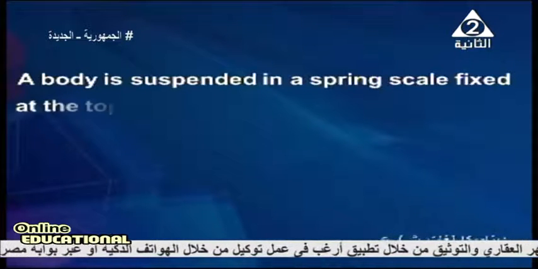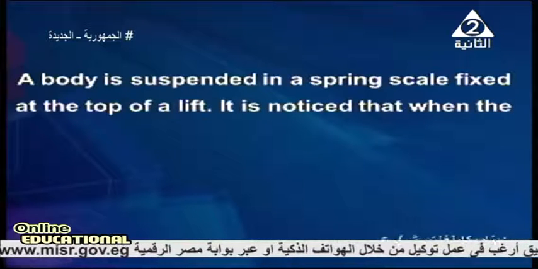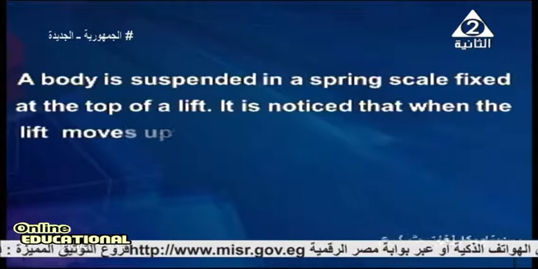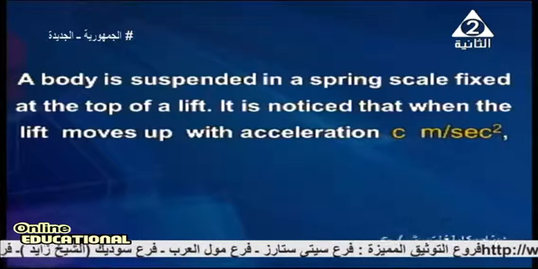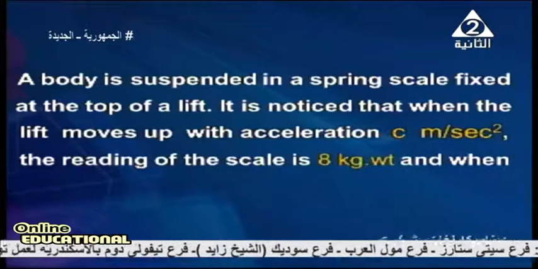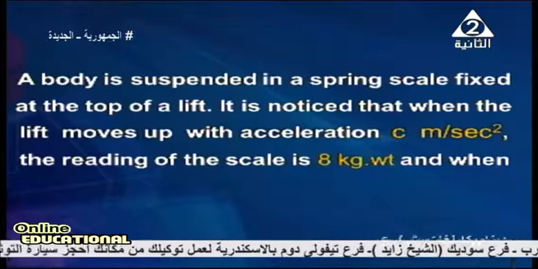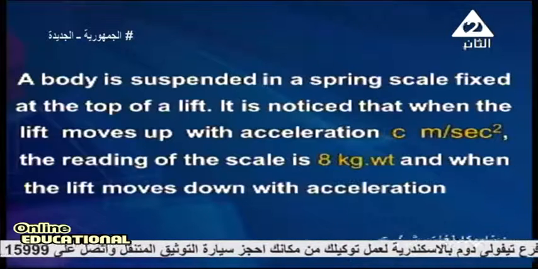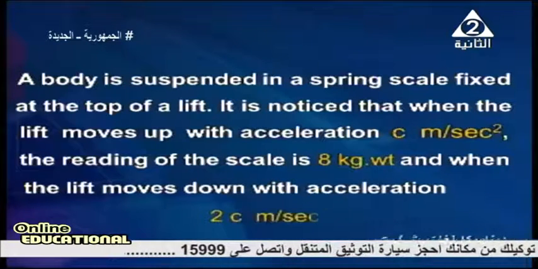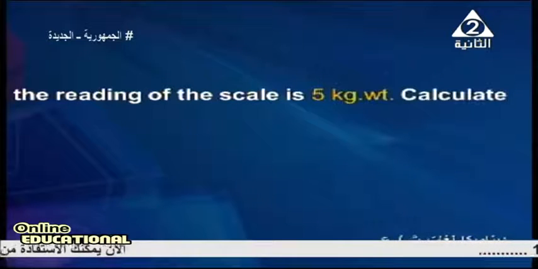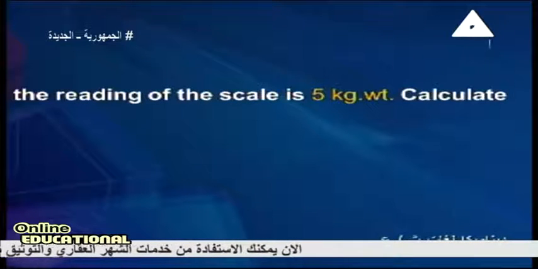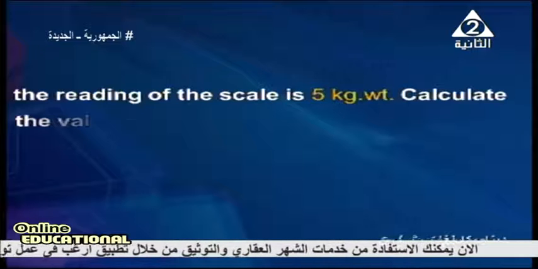Another example. A body is suspended in a spring scale fixed at the top of a lift. It's noted that when the lift moves up with acceleration c meter per second squared, the reading of the scale is 8 kilogram weight. And when the lift moves down with acceleration 2c meter per second squared, the reading of the scale is 5 kilogram weight. Calculate the value of